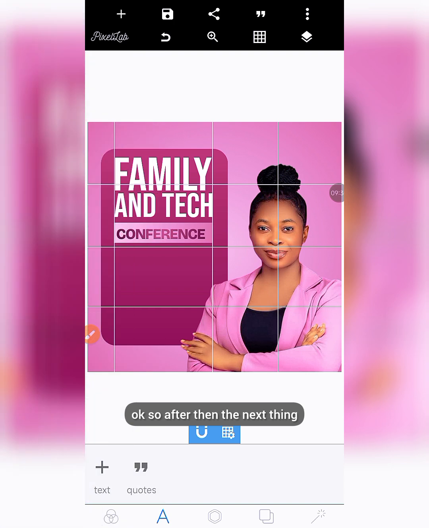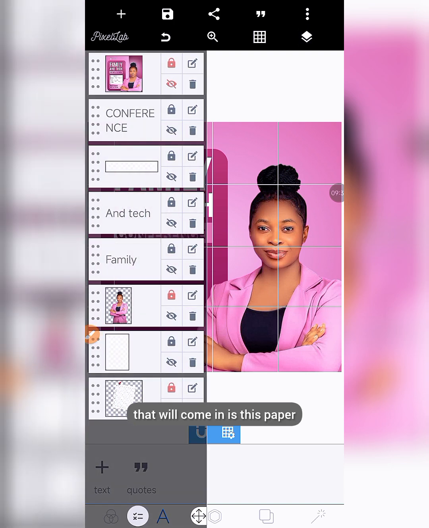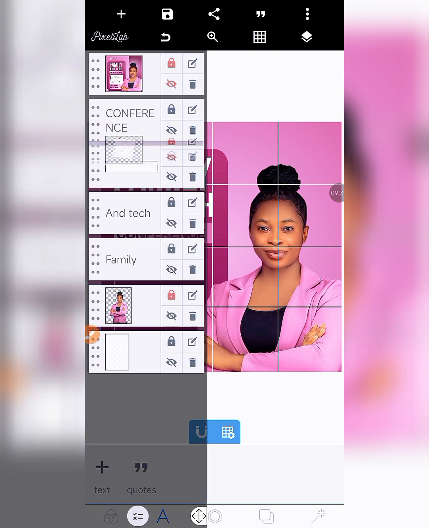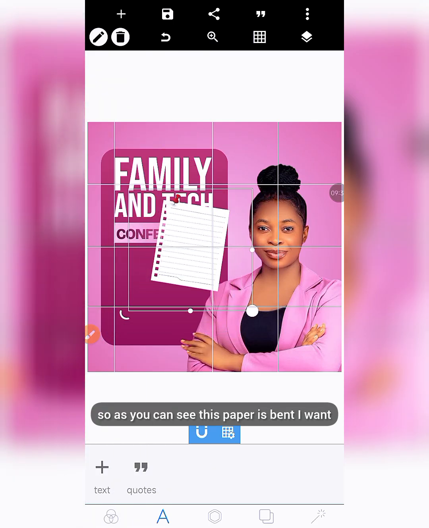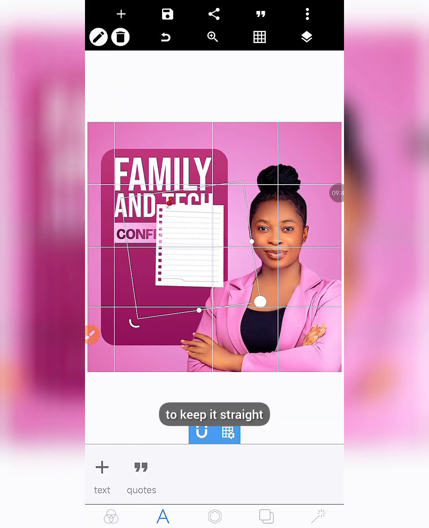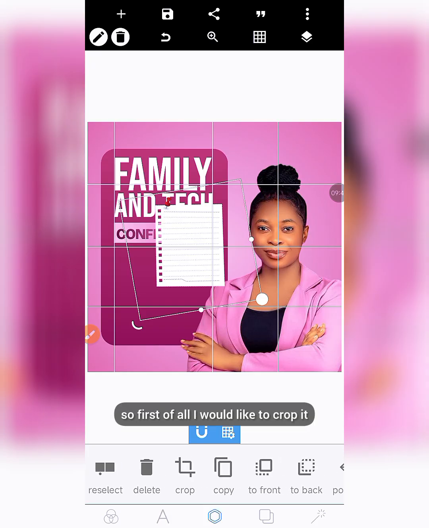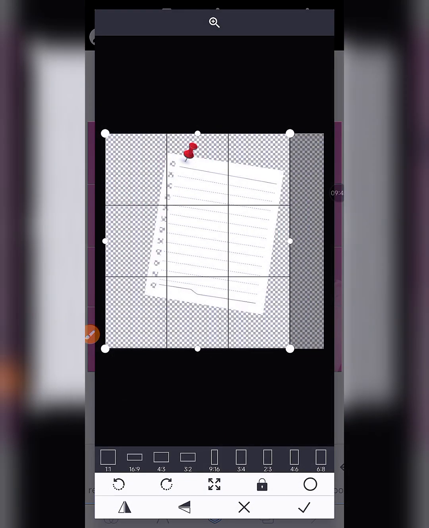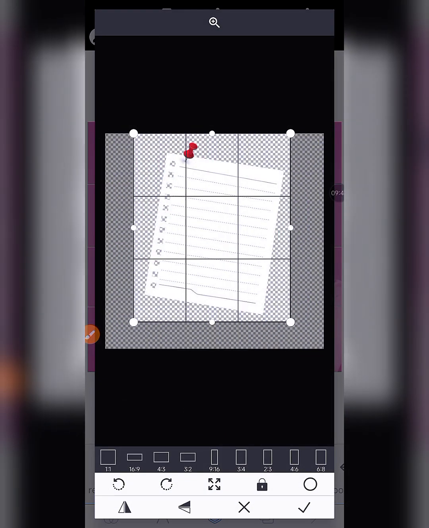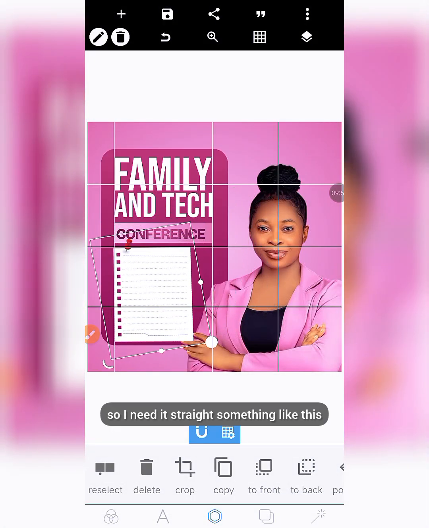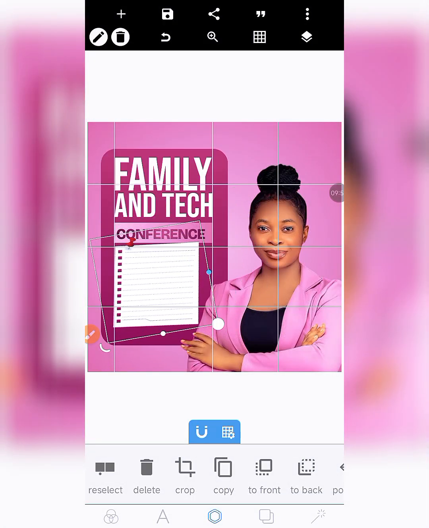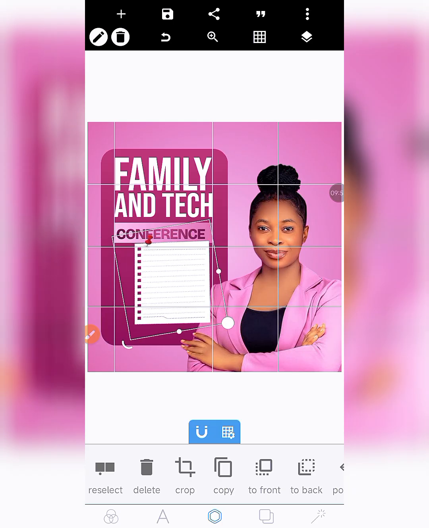Okay, so after then the next thing that will come in is this paper. As you can see, this paper is bent. I want to keep it straight, so first of all I would like to crop it like this. So I need it straight, something like this. I need it straight. So what I will do is to